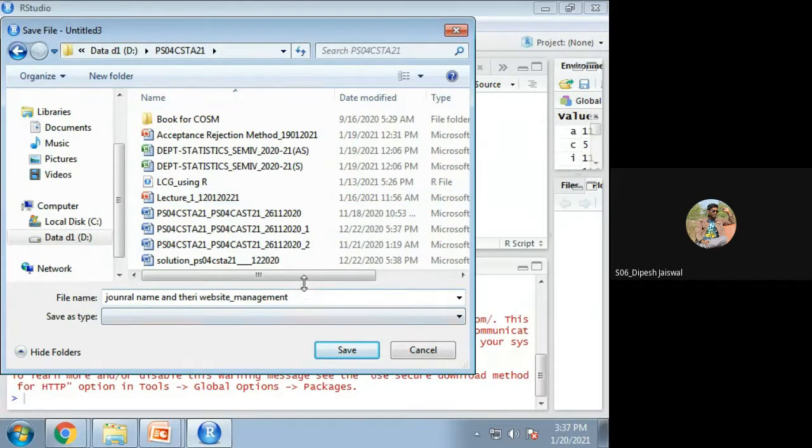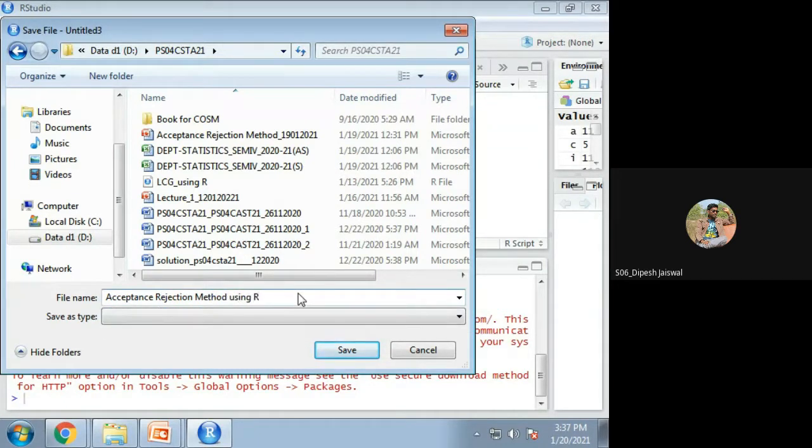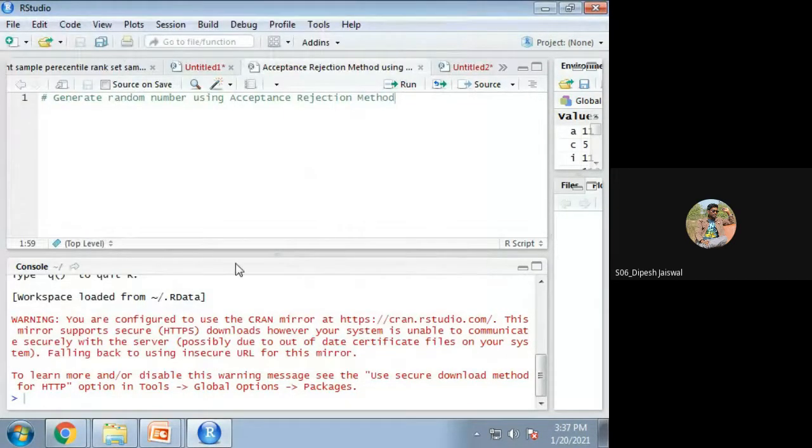Acceptance rejection method using R. Okay. I have saved it. You can see the file name acceptance rejection method.